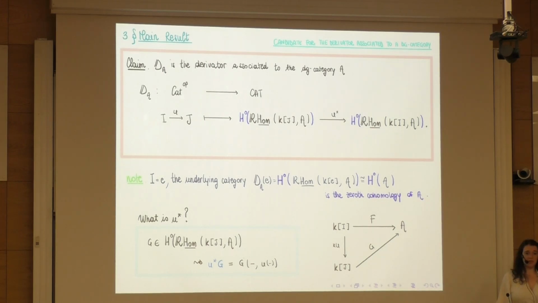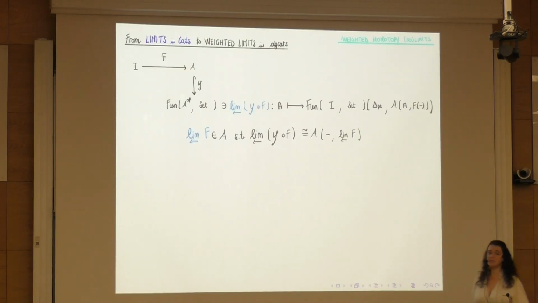What we miss in this picture are the left and right Kan extensions. So, how do we define them? They are particularly limits and colimits. So first we need a theory of homotopy limits and colimits in the DG category. Let's look at it. So these are the left and right Kan extensions that we miss.